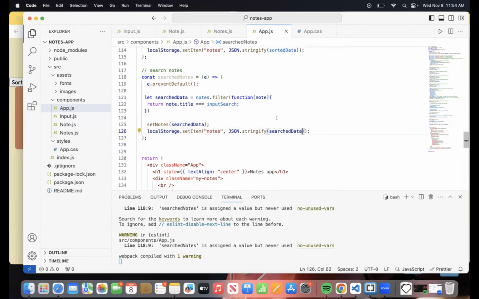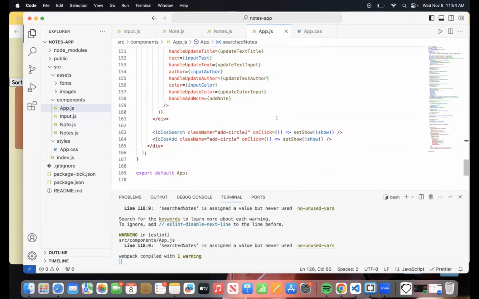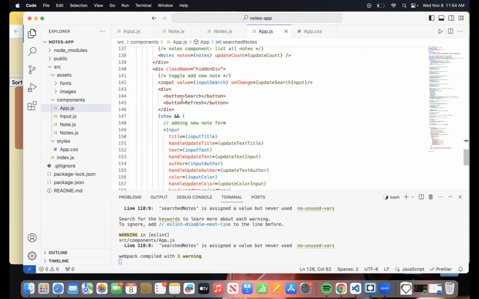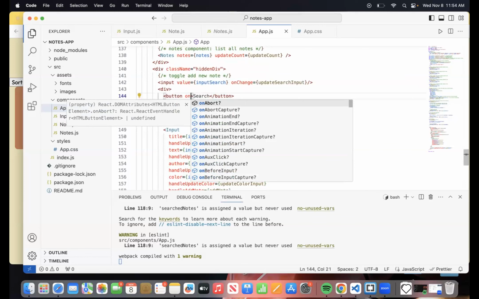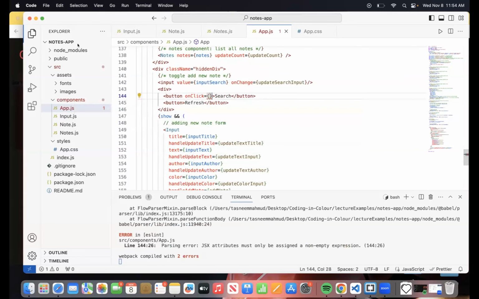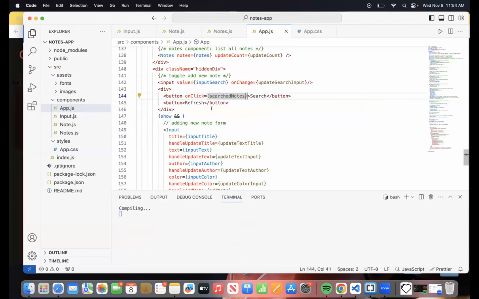But yes, we also have to add event listeners, right? So where are the buttons? The buttons are right here. Yes, so let me add some on-click listeners. So for search, it's gonna call the function that essentially is searched notes.